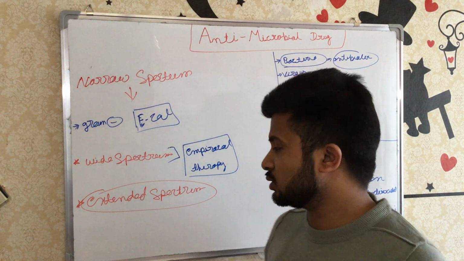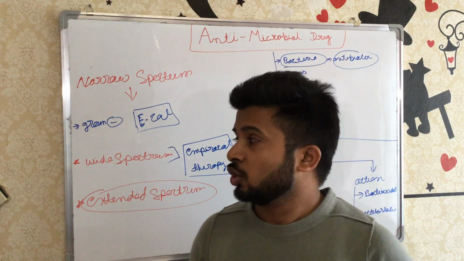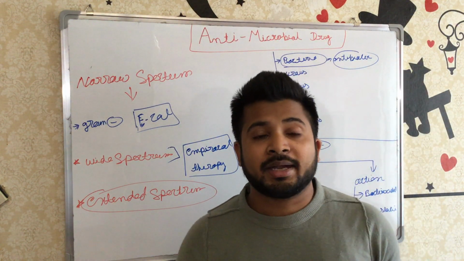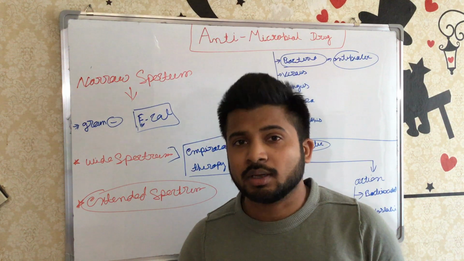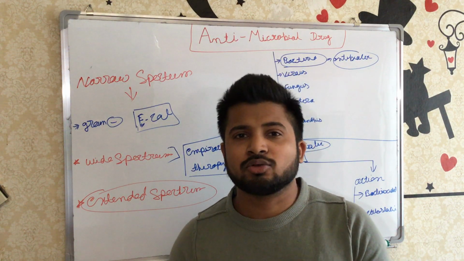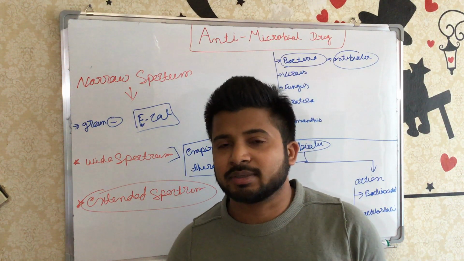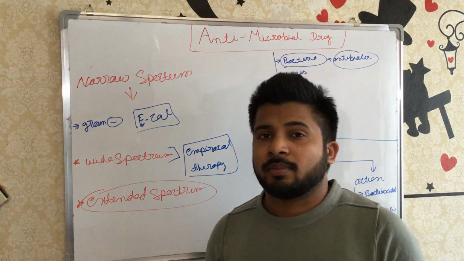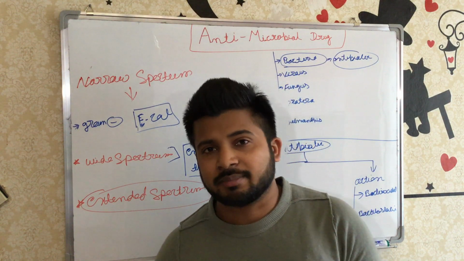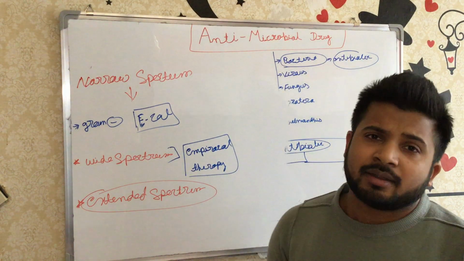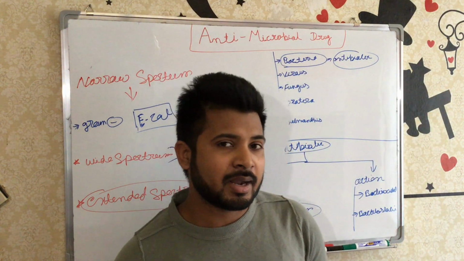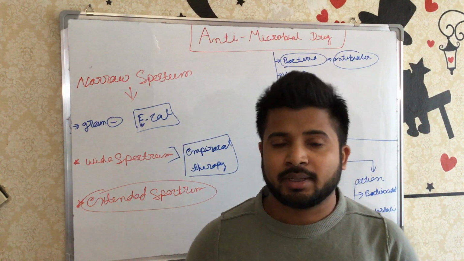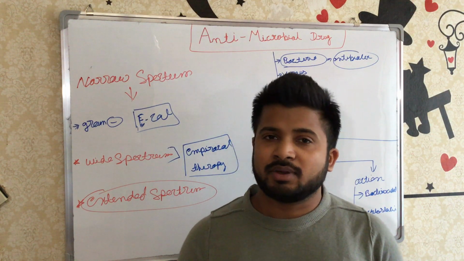Which types of drugs belong to the extended spectrum we will discuss. So first of all, this is the main basic criteria for antimicrobial or antibiotic use. Before starting any antibiotic or antimicrobial therapy, all these criteria should be done. Then we should start the antimicrobial. In the next part, we will first discuss all the antibiotic drugs, because a lot of drugs belong to the antibiotics. Then we will discuss the drugs individually, one by one.